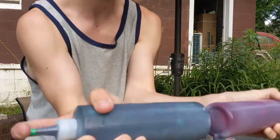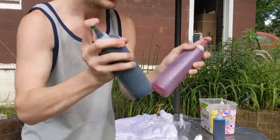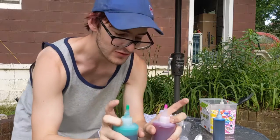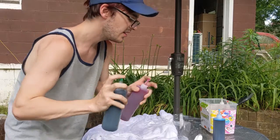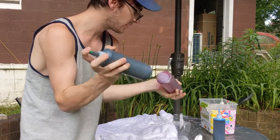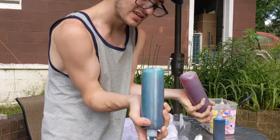Once you got these things shaken up pretty good, hitting the bottom also helps get the dye down there. Gets it off the bottom. In my opinion, you want to keep those tips very secured, because I've had some times in the past where if you don't have these screwed on good enough, you're gonna make a huge mess. Like, you'll get it all over your fingers, your floors, your house, and it does stain, okay? This stuff will stain everything. So you just want to do these for maybe a good minute or two until you think you have everything